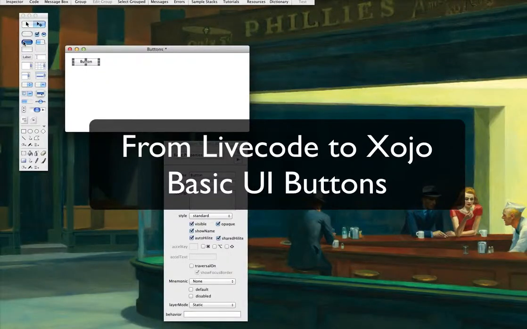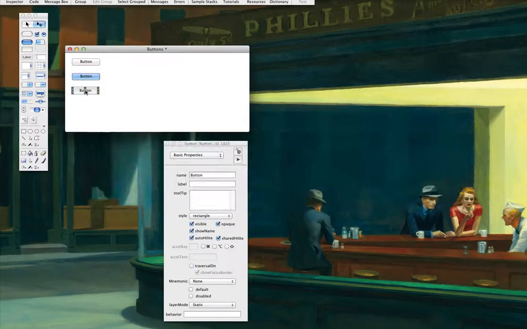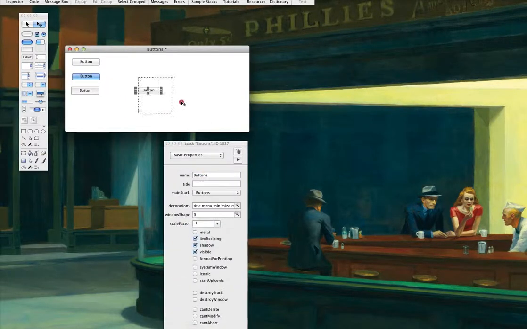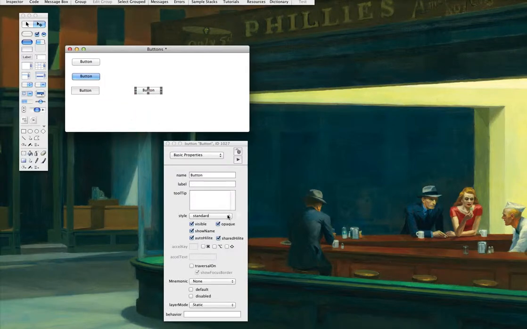About buttons. You don't have very many buttons or button options in Livecode. They're pretty basic. Now, let's bring another one of these out here. They have this style thing here, and you can switch between these. If we look at this button here in the center, you can see it changes the style. It's transparent, opaque, but they also consider a checkbox a button, and a radio button a button,